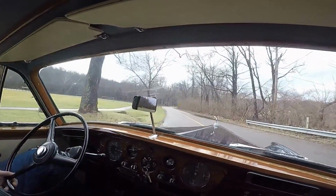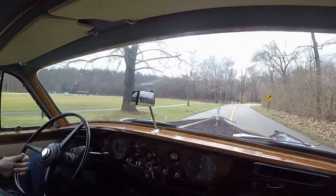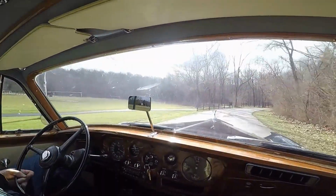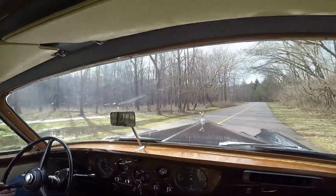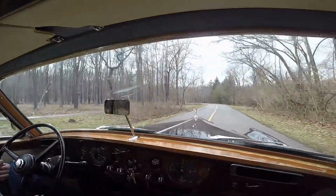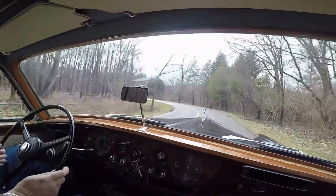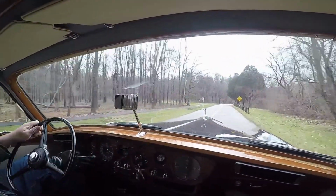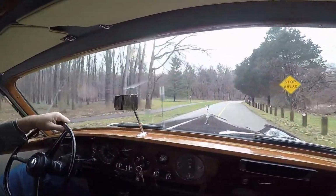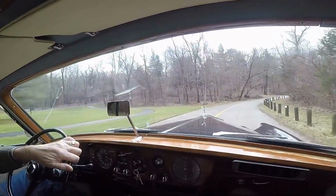Here's a nice turn. I'd feel the engine would stall or give us a problem. Nothing. And then we've got a turn the opposite way. The car seems very, very stable. If you look, we got a little dip to the left. It did dip where the right side didn't dip as much. So there, if I throw it hard to it, it still didn't dip as much. So we must have a better shock and a spring on the right side than we do on the left